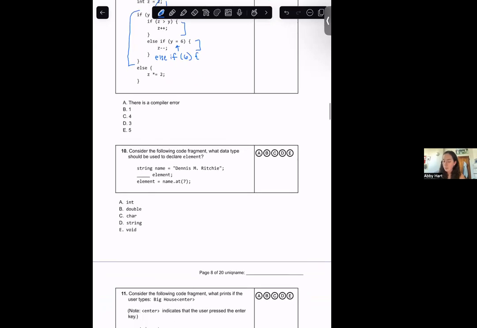Okay, question 10. Consider the following code fragment. What data type should be used to declare element? So in the following code fragment, we have this string name, which is Dennis M. Ritchie. And then we are initializing this variable element. And we see that we want to use element to access name, which is that string that we just created,